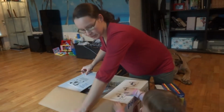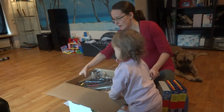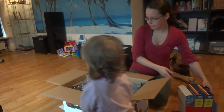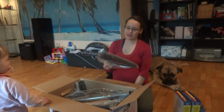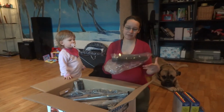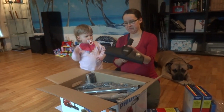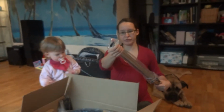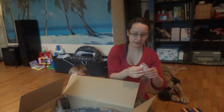We chose this vacuum cleaner because of the HEPA filter. Our family has allergies, and it's a washable HEPA filter, so it can last longer. There's the muzzle, I think it's called. Looks okay. And we also chose it because we have hardwood floors, and it was ideal for these floors with